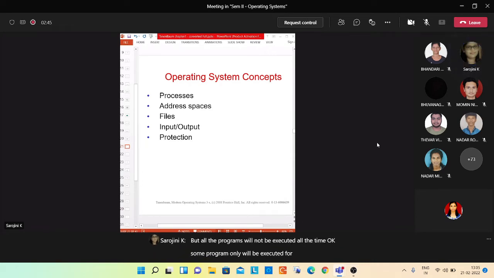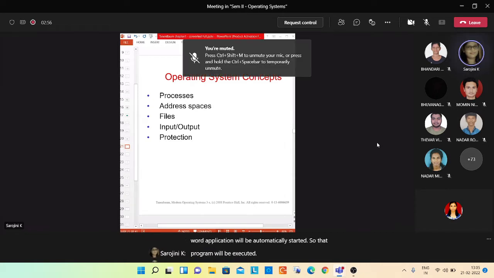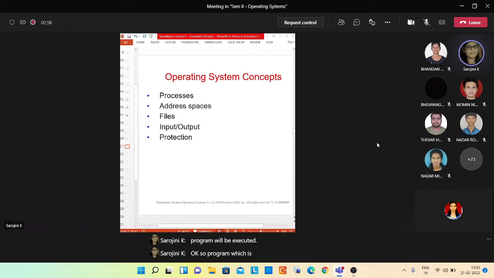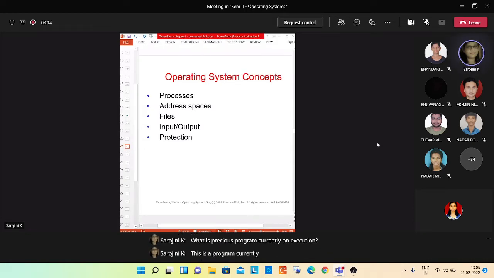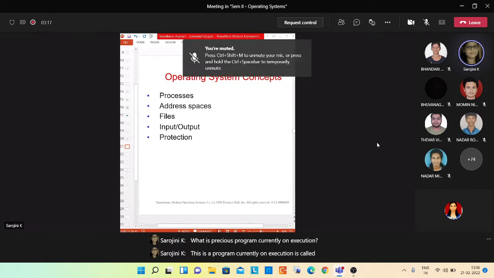For example, you start a Word application, so the software to execute the Word application will be started, so that program will be executed. A program which is currently in execution is called a process. Remember, what is process? Program currently in execution.